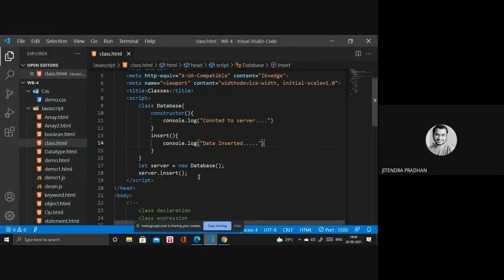Insert is a method, and the constructor is there by default in the class. Class members are constructor, method, property, and accessor, but you cannot write a function inside a class. So a JavaScript constructor is defined using the constructor keyword.